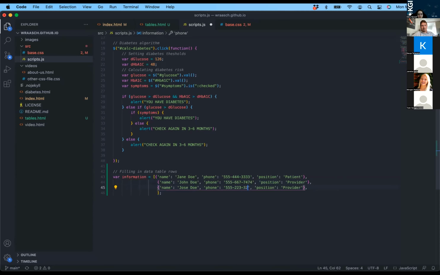223, 3232. Position, how about payer? Let's do one more about Wando. Okay, and then how about 989-1212. Okay. Last element does not need a comma, but now we have our data, and this is sort of, in